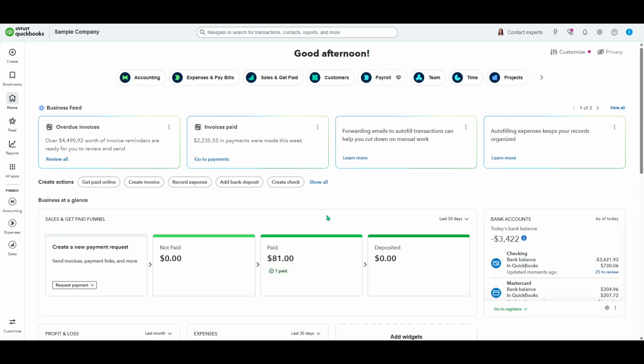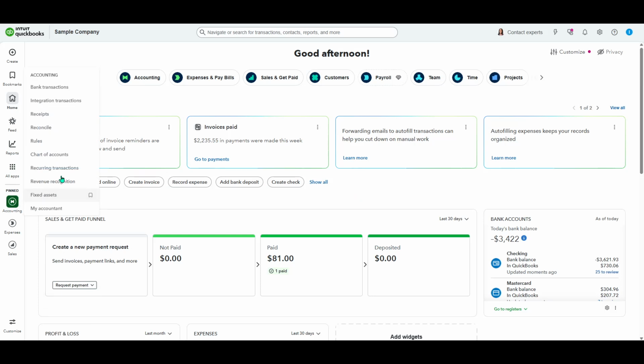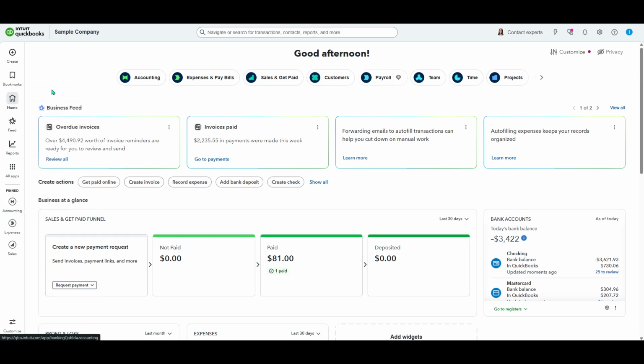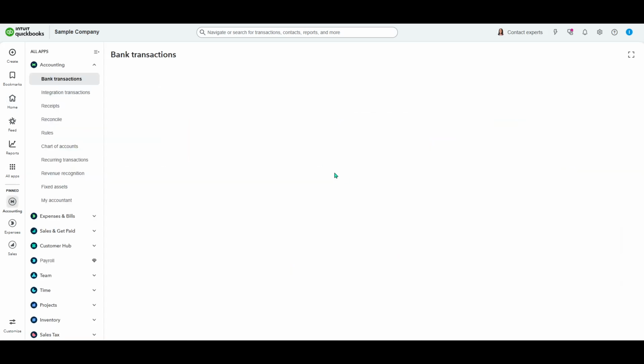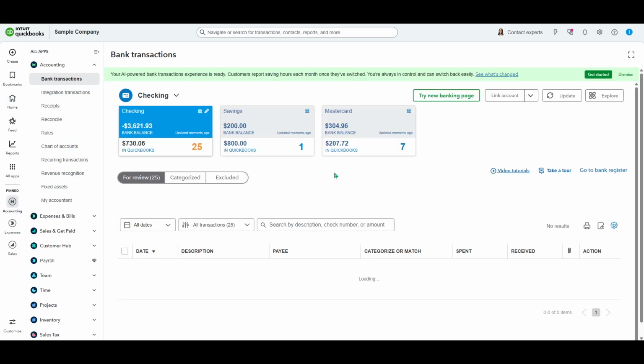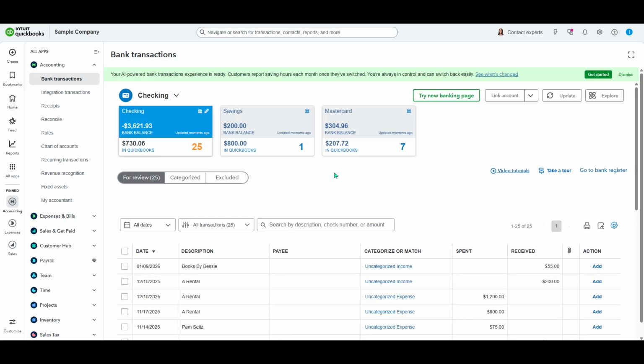In today's video, I'm going to teach you QuickBooks Online how to edit and correct a payment that is already deposited. If you've ever marked a payment as deposited and then realized the details weren't quite right, don't worry. QuickBooks Online lets you safely back up, make corrections, and get everything back in order without recreating transactions from scratch. I'll walk you through the exact path so you know what to click, why you're clicking it, and what to